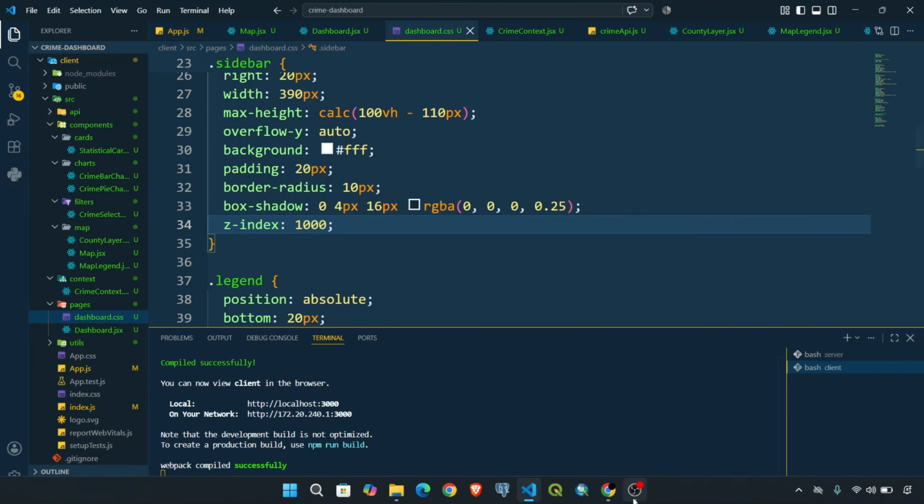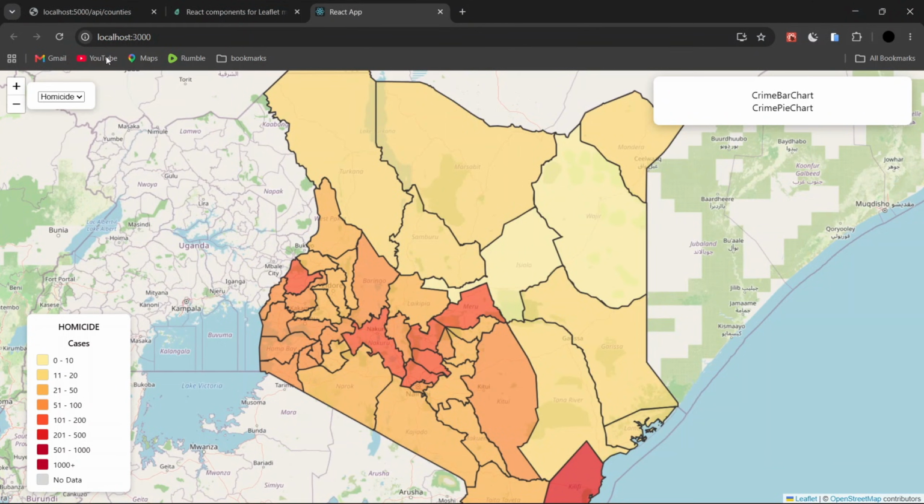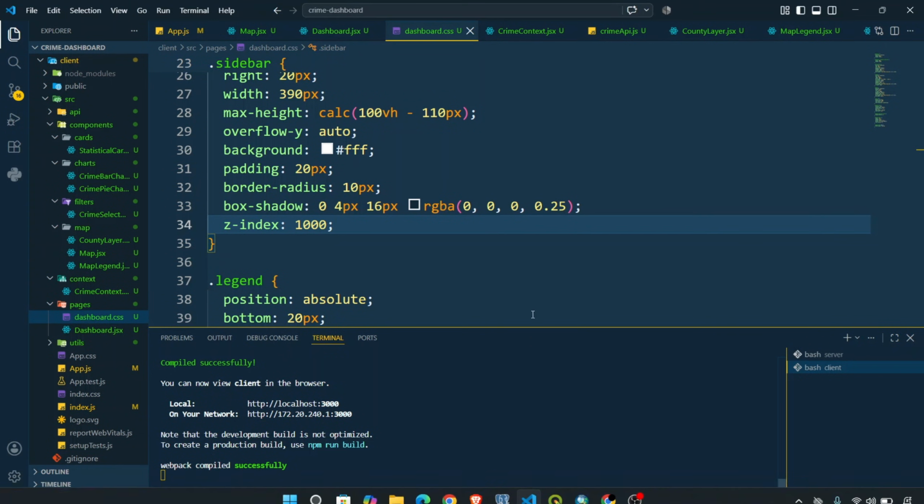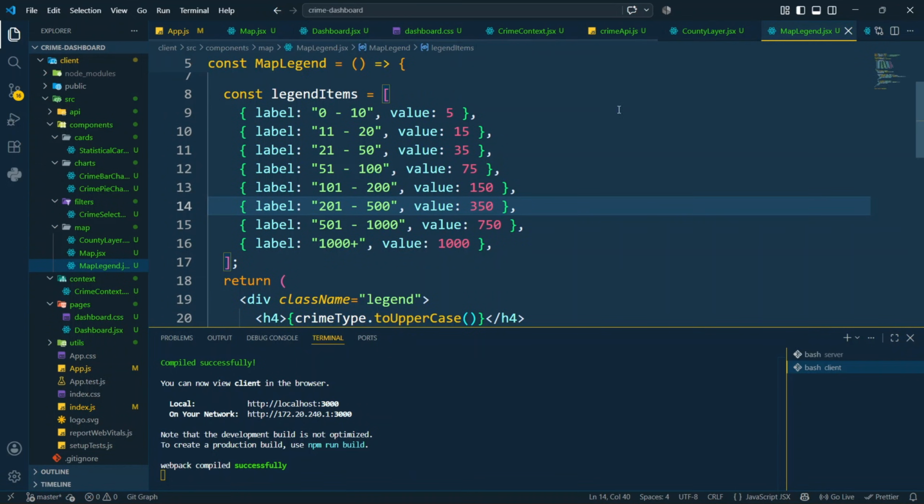looks like. So let's go back to our project, refresh the page, and you will see that we have the crime bar chart, and we also have the pie chart. So this is how it is appearing, and it looks very nice. Now the next thing is that we need to go ahead and define the utilities for each of the